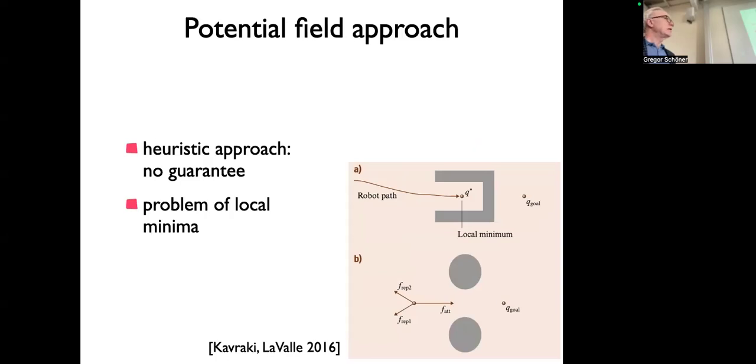Yeah, it is a heuristic approach. It doesn't guarantee that it finds a path when there is one. It can be used locally or globally. So there are versions where it uses a map to do this, and it can be based on sensory information. So then it's local. And I will actually go a little bit into that in a moment when you use it locally. Here's an example, a famous,